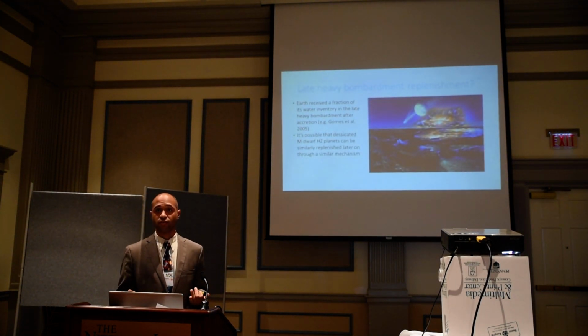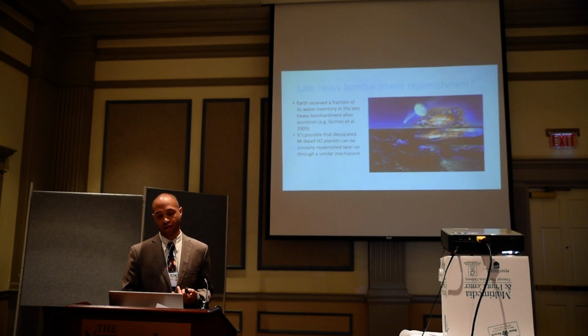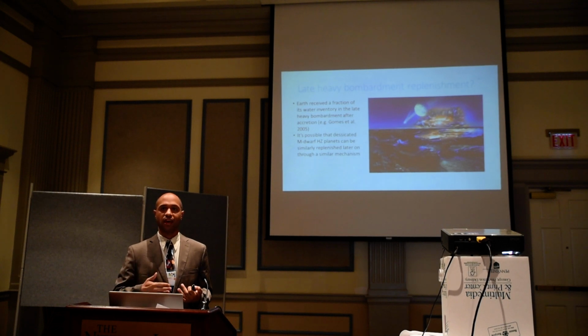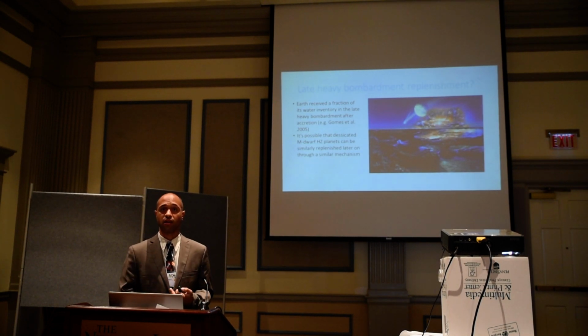And there's other factors for these main sequence planets as well. You could have a late heavy bombardment that replenishes the planet just like happened on the Earth. I mean, Earth got some of its water afterwards. And so it's possible that even if an M star habitable zone planet in the main sequence habitable zone gets desiccated through these high runaway greenhouse radiation thresholds, they can be replenished later on through a late